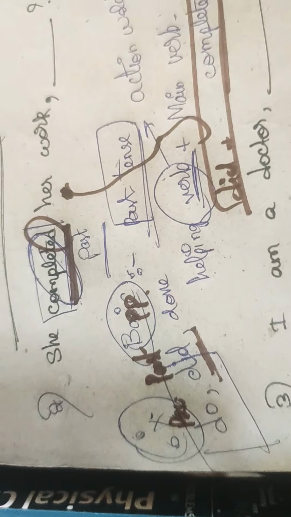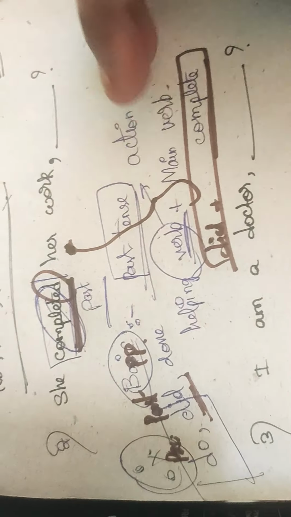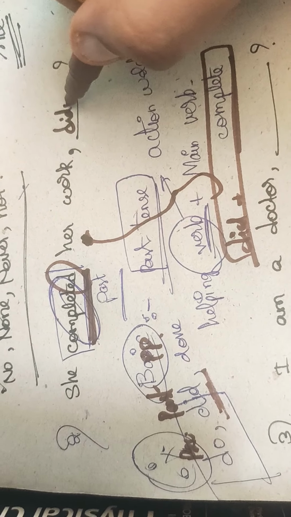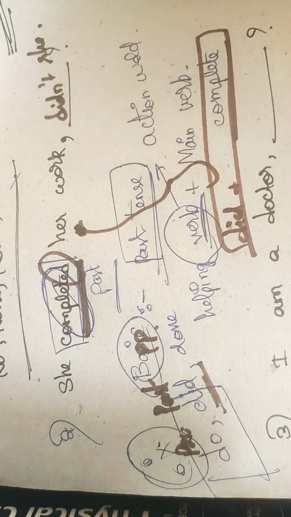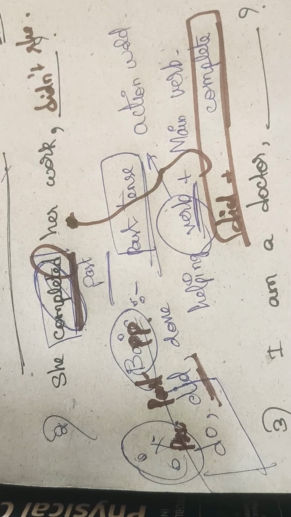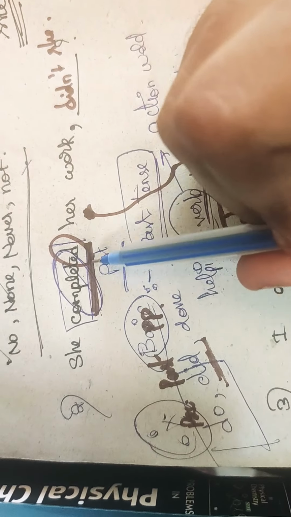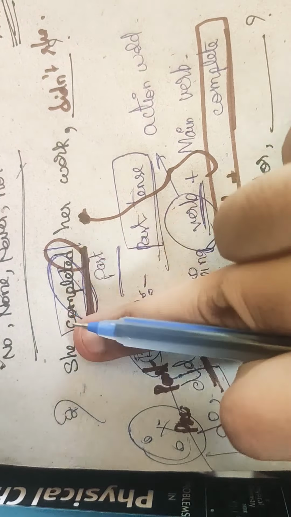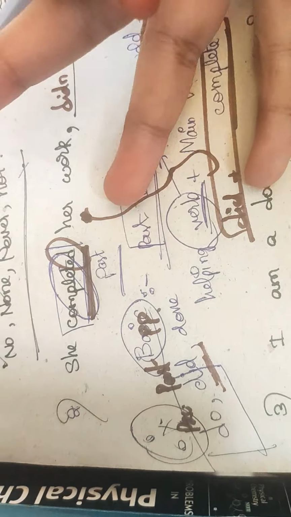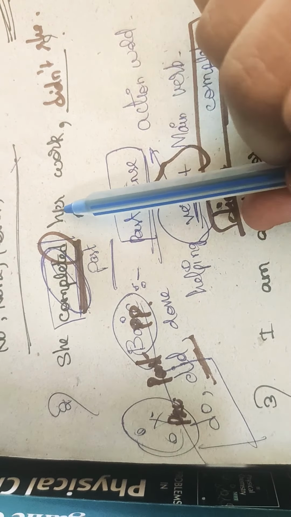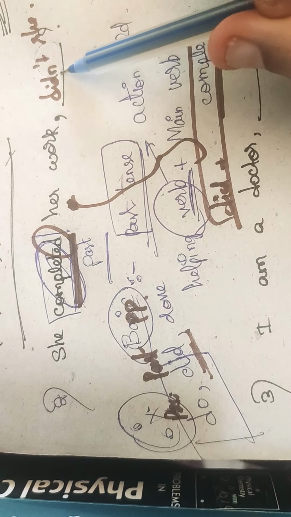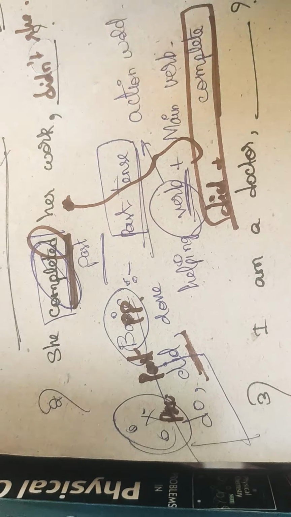Should I write did she or didn't she? You may get a doubt, but I have to write didn't she. Why am I writing didn't she? I have told you that if any negative word is present, you see, here no negative word is present, like not or never or no. It is not present. So that's why I am putting a not here. Did plus not is didn't. Is that clear? Okay, next question you see.